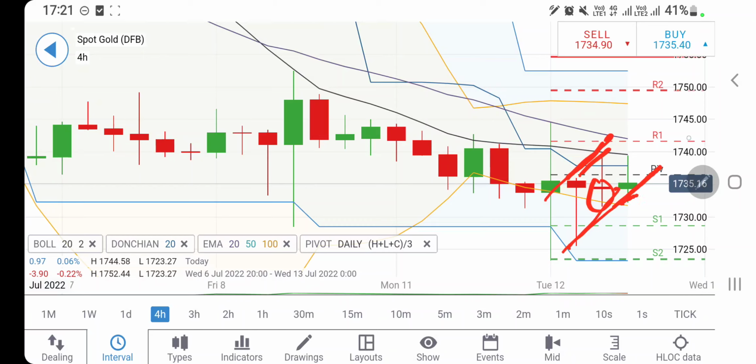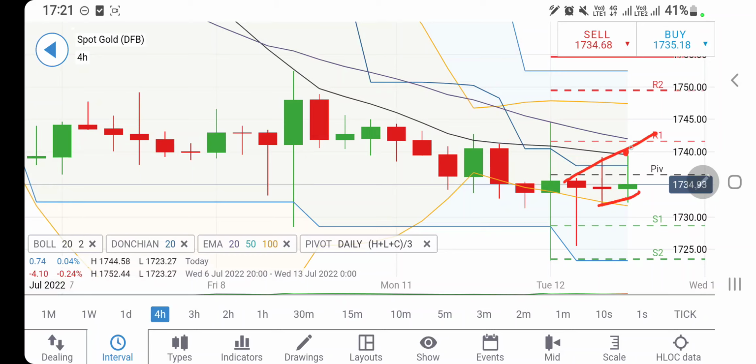I told you in the morning itself, once it breaks below 1732 this time, you can go short for 1728.27 and then 1724 levels. So you can go short at 1732. This appears a good entry, or rather if you want to take a comfortable trade, you can go short at 1730 levels. And till the time it trades above, probably one can expect that it may try to rise.